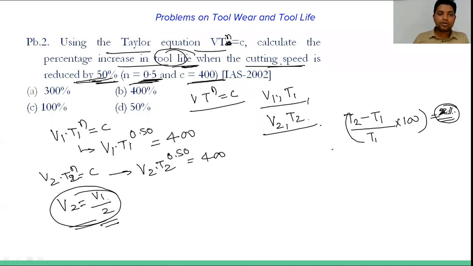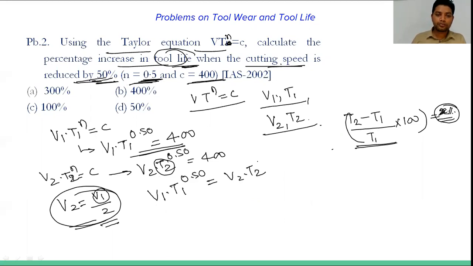तो हम क्या करते हैं? अगर हमें V1 की वैल्यू दी होती तो हम यहाँ से T1 निकाल लेते, और V2 भी पता लग जाता और यहाँ से T2 निकाल लेते, फिर हम कैलकुलेट कर लेते। बट हमें ना ही V1 दिया है ना ही T1 दिया है, तो हम दोनों इक्वेशन को इक्वेट कर देते हैं। दिस विल बिकम V1 T1 raised to 0.50 equals V2 into T2 raised to 0.50। ये इक्वेशन आ गई। नाउ हम यहाँ से T2 by T1 की वैल्यू फाइंड आउट कर लेते हैं।